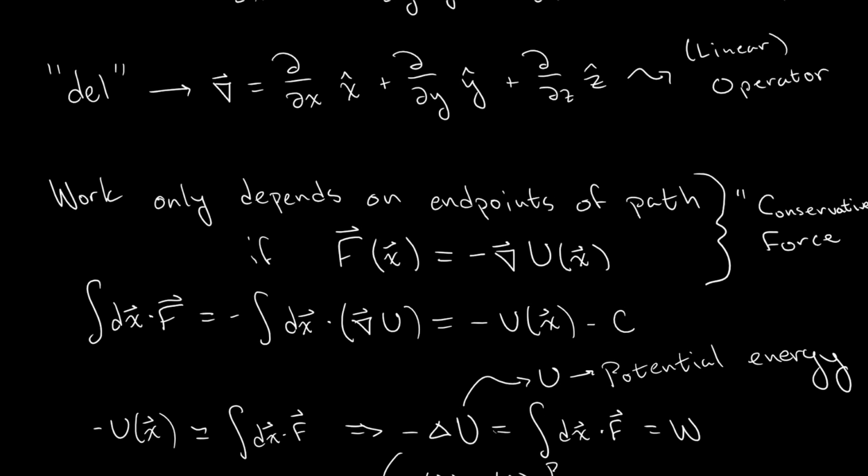But we saw a case, namely friction, where the work did depend on the path. It didn't only depend on the endpoints of the path, but on the exact path we took. So if we took different paths, we got a different result for the work done. Now we can see that all that's saying is that I can't write friction this way. I can't write friction as a vector derivative like this.